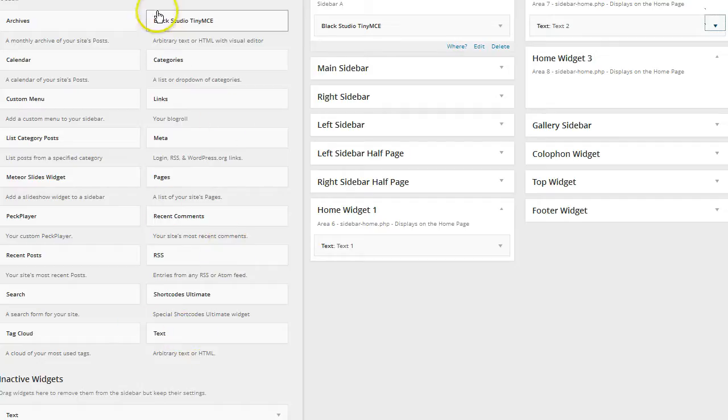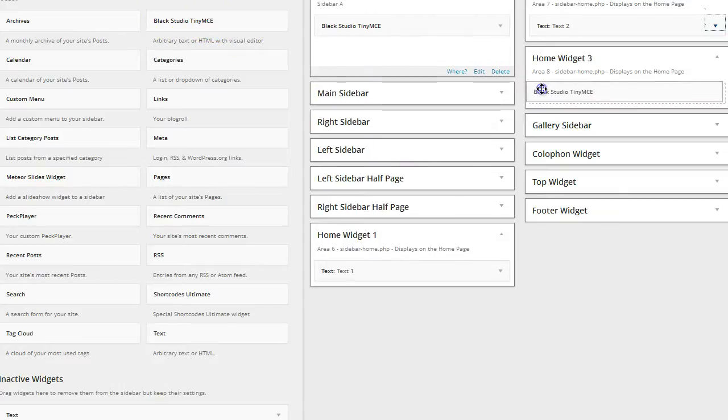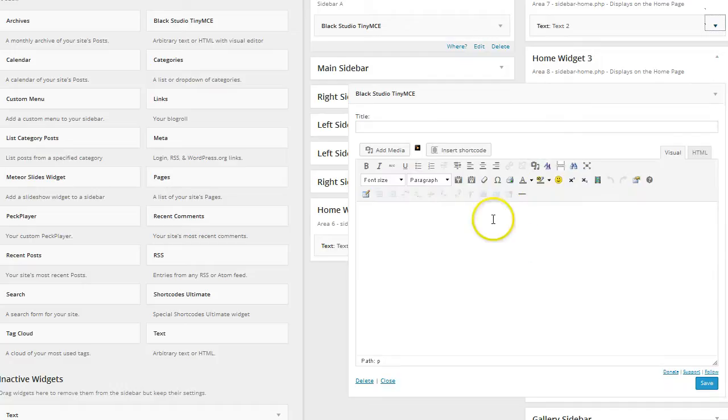But let's do this. I have a plugin installed called Black Studio Tiny MCE. I'm going to drag one of those into Home Widget 3. And now look, I have all the options I have in a page or post editor. And that's because I'm using a Black Studio Tiny MCE widget. I recommend installing that plugin, and when you drag it into your widgets, you'll have all of these different options right here. So we'll go ahead and call this text 3,